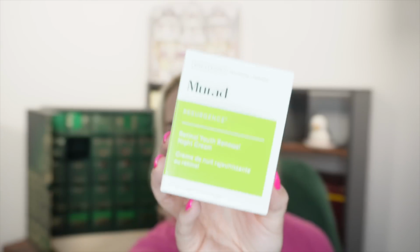Day number 16, and today we get a full-size night moisturiser from Murad. This is the Retinol Youth Renewal Night Cream in a 50ml size, or 1.7 fluid ounce. So Murad and the Resurgence range, the retinol range, I believe is the number one selling retinol range in the US, and it's supposed to be really, really good. So this one is their full-size renewal night cream. It retails for £85. It is powered by the innovative Triactive technology, which is a fast-acting retinoid, time-release retinoid and